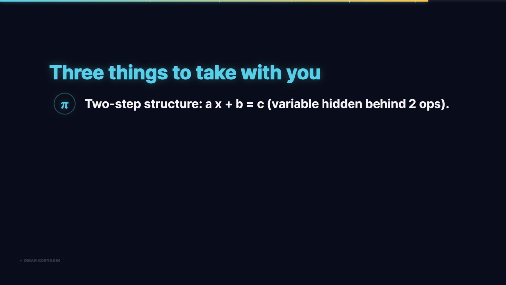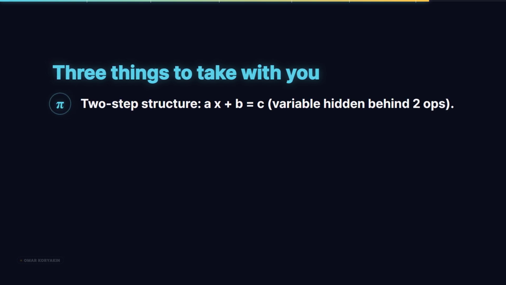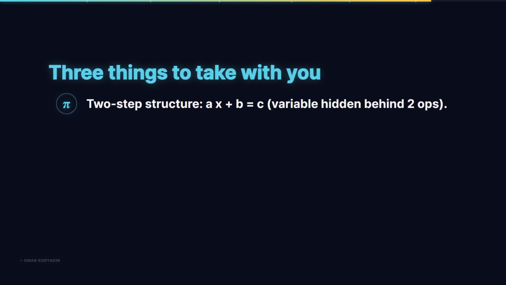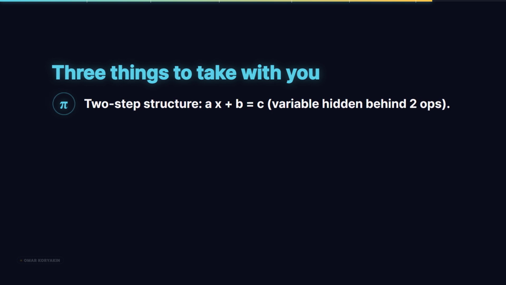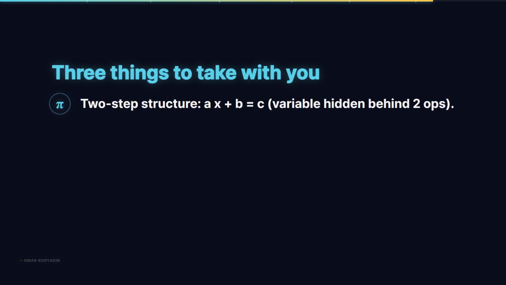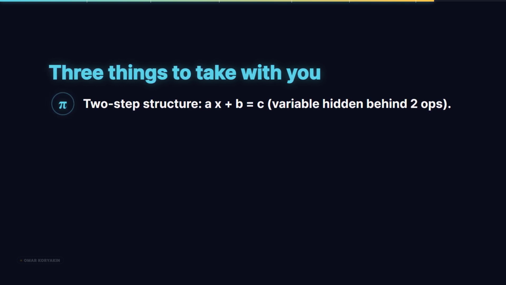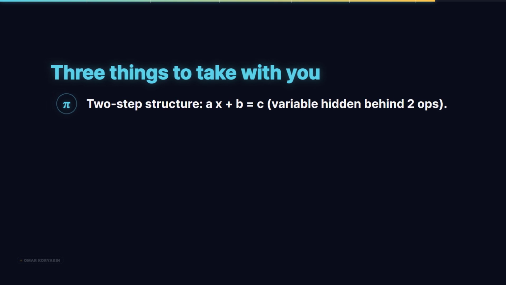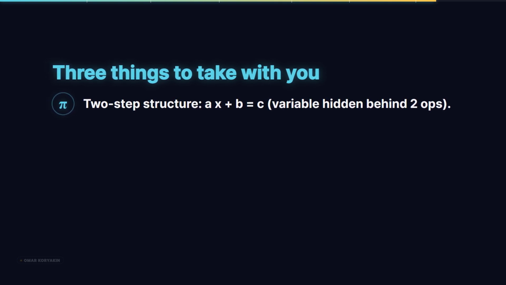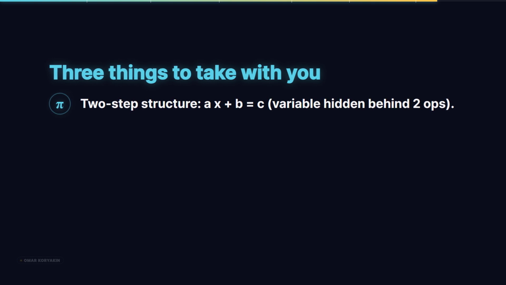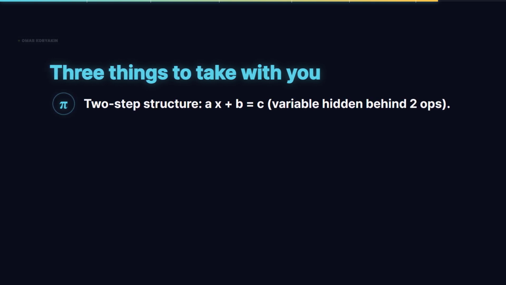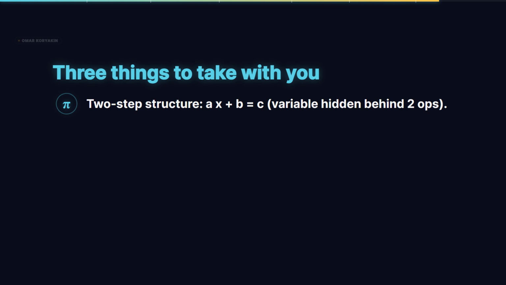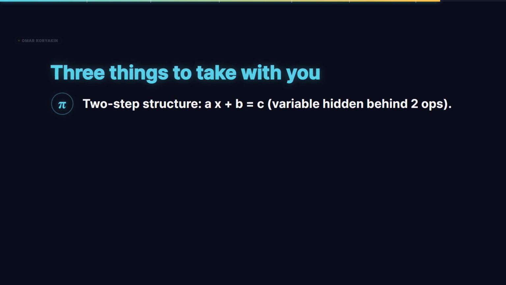First, the two-step structure has the form a times x plus b equals c, where the variable is hidden behind both a multiplication and an addition. Recognize the structure on any equation by counting the operations applied to the variable: a two-operation stack means a two-step inverse procedure. The structure is the canonical linear equation form from Lesson 1 and lets you commit to the two-step workflow